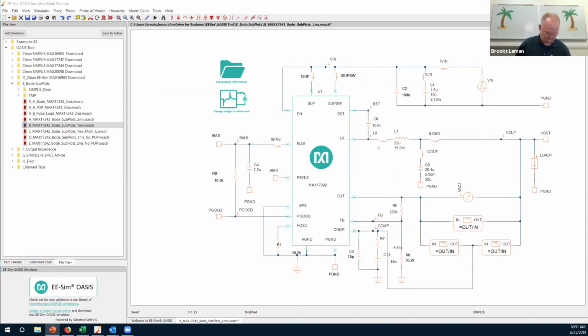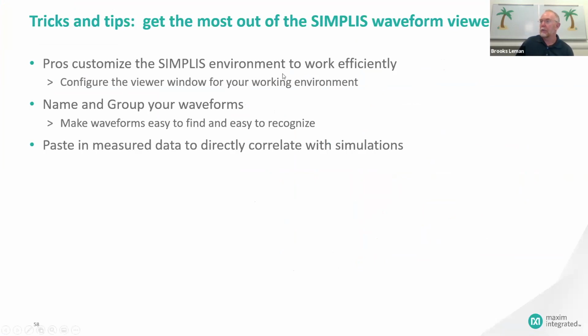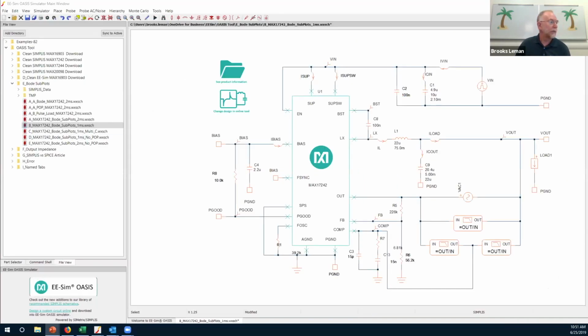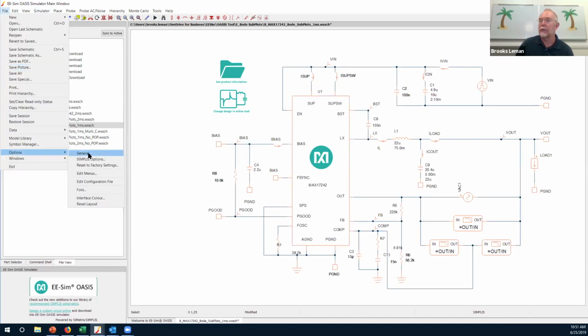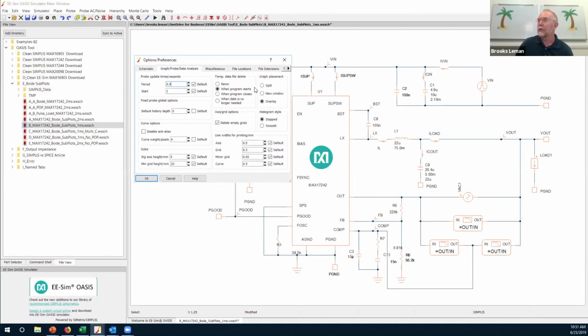Okay. Now, it's important to customize the SIMPLIS environment to work efficiently. Configure the viewer window, name and group your waveforms, and this is useful pasting in measured data directly to correlate with simulations. Okay, so we've already configured the window once. Let's go ahead and show you the other. So we're in this graph placement. Okay, new window